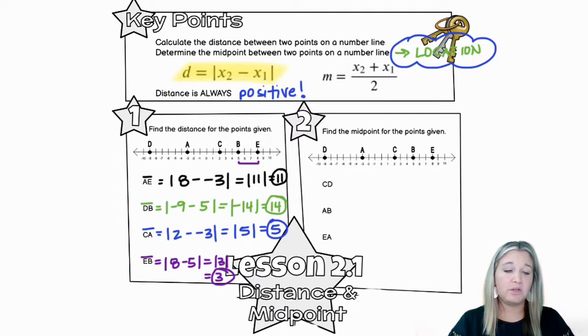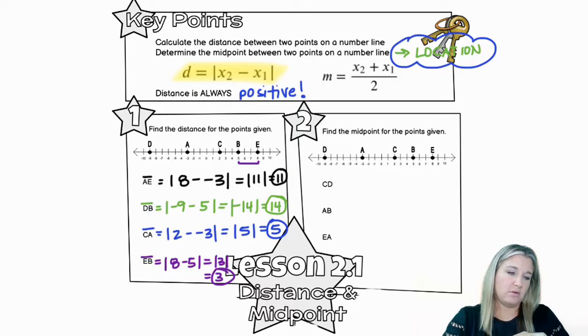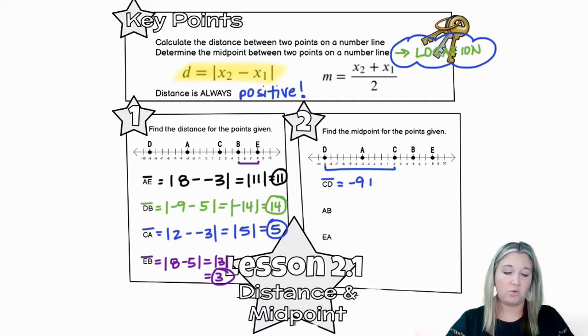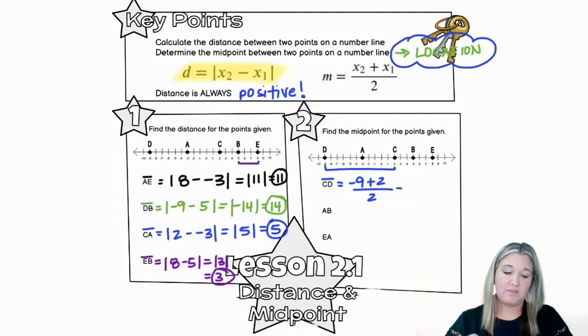Now, example 2, we're going to look at the midpoint for these two. So I'm going to take the two endpoints, add them, and then divide by 2. So the midpoint for segment CD, I'm going to take the first endpoint, it doesn't matter where you start, and then I'll add the second endpoint. So -9 plus 2 divided by 2. That's going to give me -7 divided by 2, which is